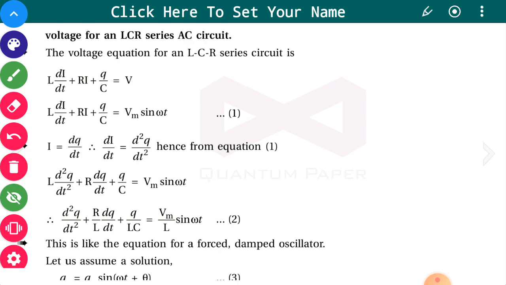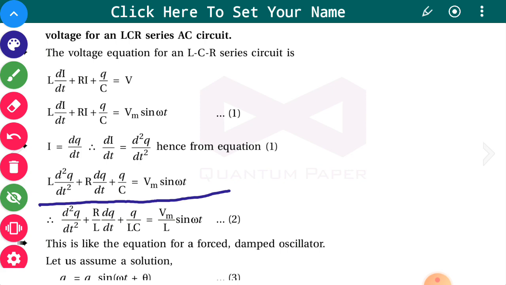Now voltage which is applied is Vm sin omega t. So it is replaced by Vm sin omega t. Now see, as current I is dq by dt and di by dt is double derivative of charge, so instead of this di by dt it is written as d2q by dt square, and instead of this I it is written as dq by dt. So our equation will be like this. It will be L d2q by dt square plus R dq by dt plus q by C is equal to